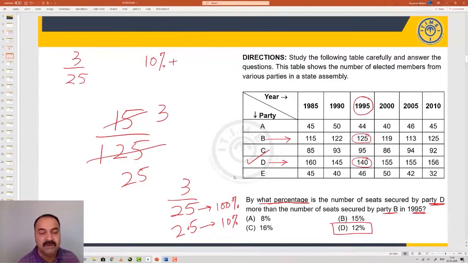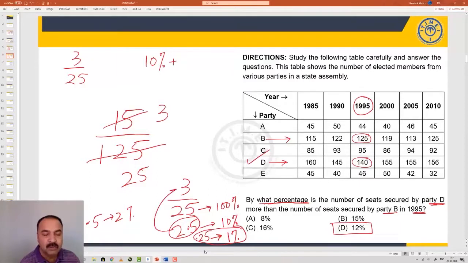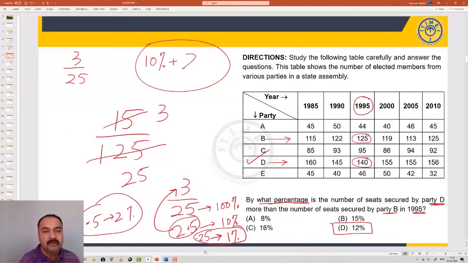So 2.5 part of 3 is 10%. How much more do we need to go? We need to go more by 0.5. So if 2.5 is 10%, then 0.25 is going to be 1%. And what is double of 0.25? Double of 0.25 is 0.5, and that will be 2%, double of 1%. How much is the gap between 2.5 and 3 that you want to go to? 0.5. So how much more above 10% do you need to go to? 2%. Therefore, the answer once again is 12%.